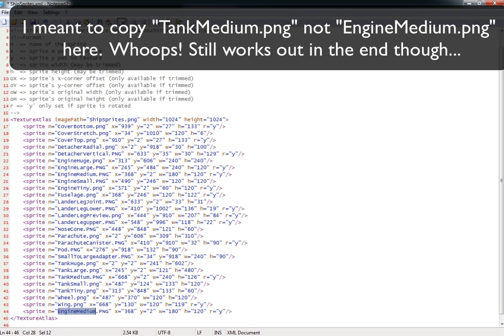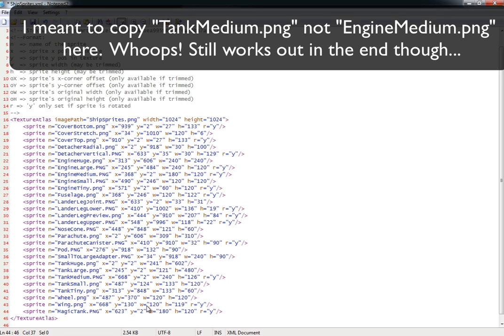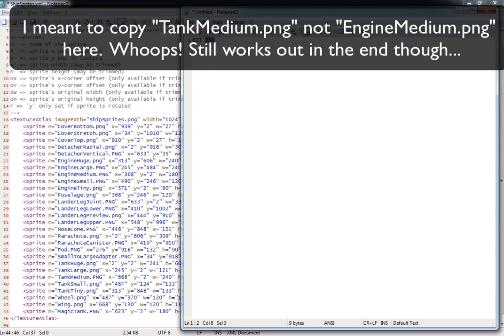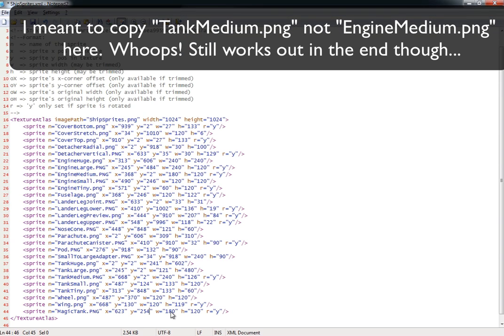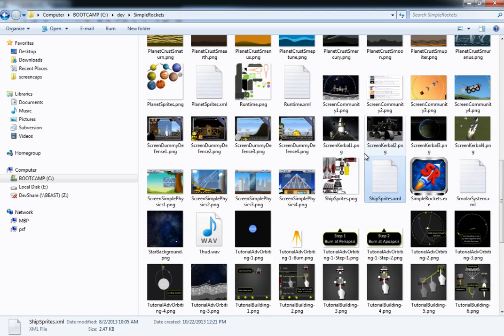And I'm gonna change the name of this to, and this name can be anything that you want, I'm gonna call it magictank.png. And I know the X coordinate was 623. The Y coordinate is 254. Now, if you go back to this file, the ship sprites PNG,